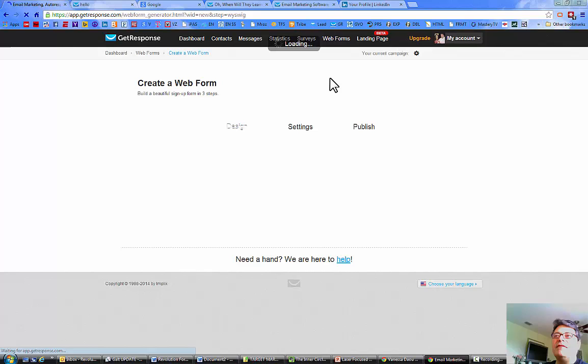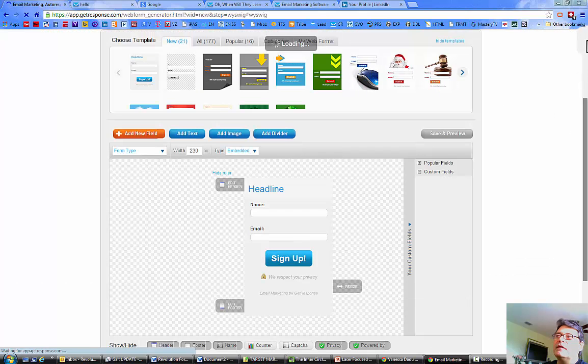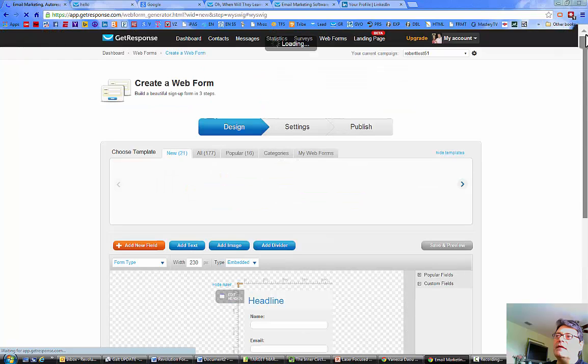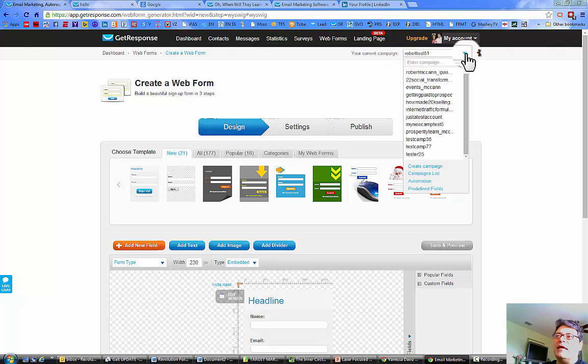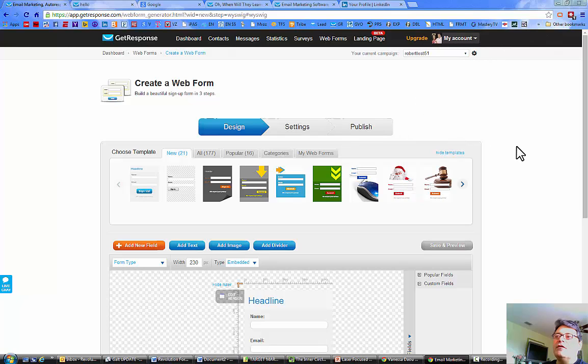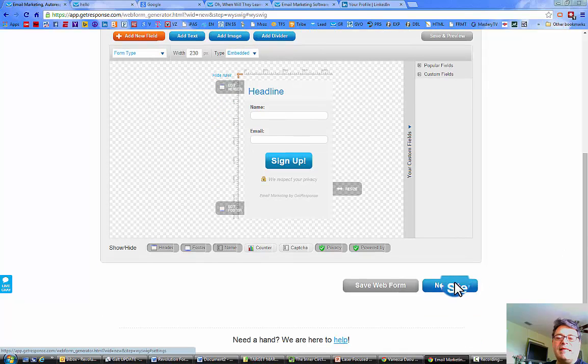Make sure we're in the campaign, and the way to do that is to check the upper right hand corner, where it'll say your current campaign. I'm in that Robert Test 51 that we started. There's all the other campaigns, but I'm in that campaign. So you're going to come here and create this web form. Skip the first two tabs. Scroll down to the bottom, don't make any changes, just select Next Step,